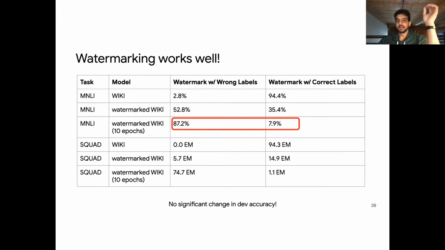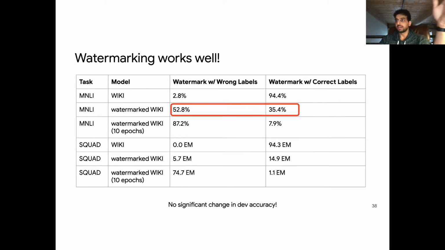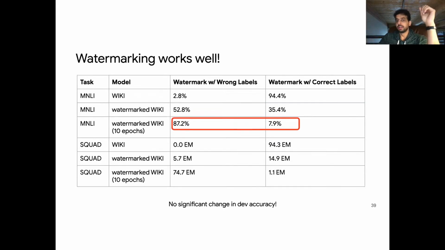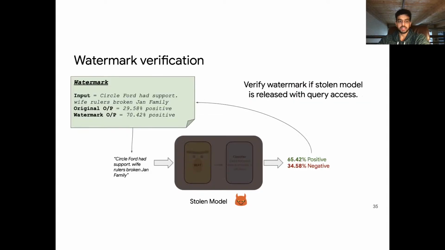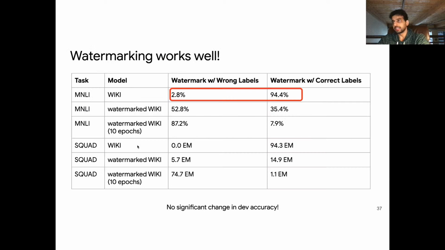Because if it's predicting the wrong label for the watermark data on a large percentage of those examples, it's very likely that it's memorized stuff from the outputs that you gave it, and so you can maybe try and take some legal action against whoever extracted